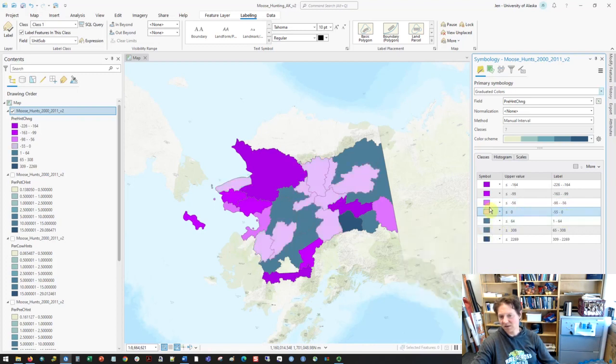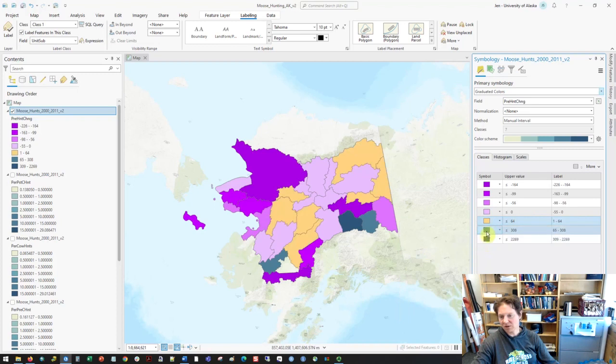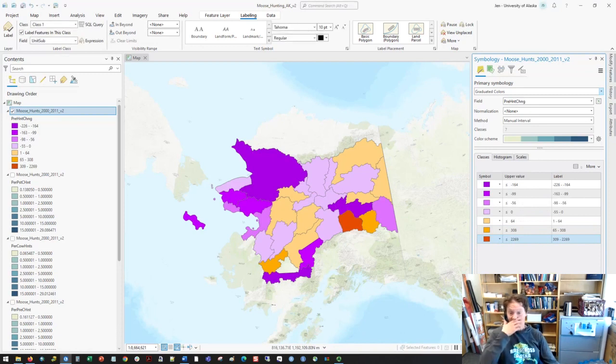And this is also a minus because we can see it's minus 0 to 55. So these are places where we lost hunters, and these are places where we gained hunters. So let's make them orange. We're going to go from light orange, right click, that orange, to dark orange. And oh goodness, now we can see some of our biggest losses were out here in